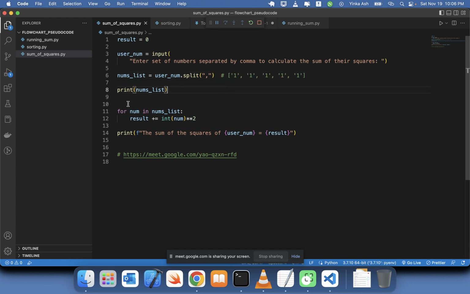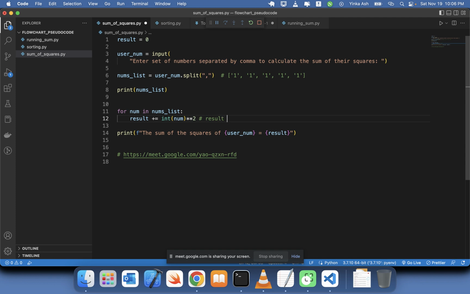Now the next thing is that I am iterating through that list. I am representing each of the items in this list as this. So num will start with the first item. It's a string, but I need to convert it to an integer. So let's just assume it's 1 as 1. Now I do this result, which is still the same thing as